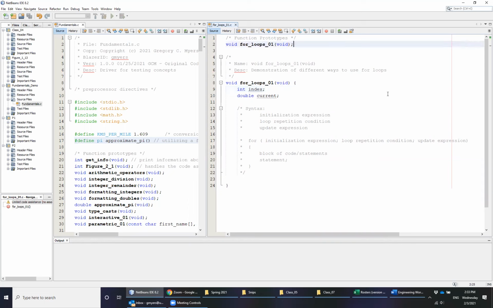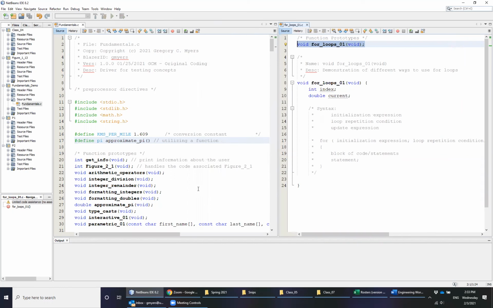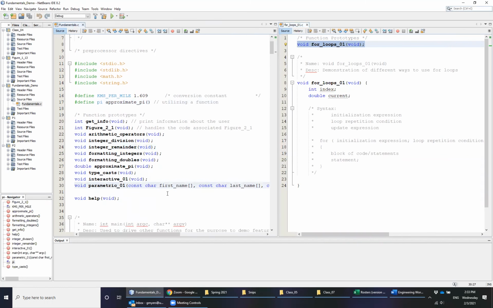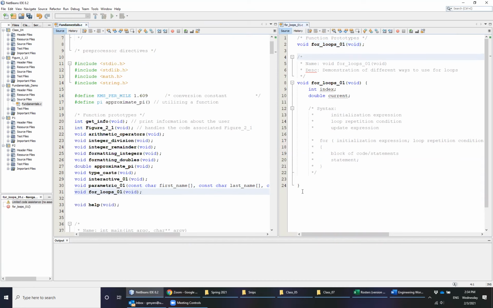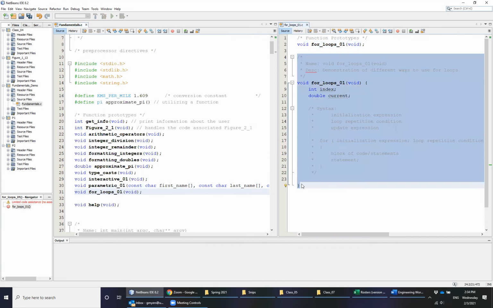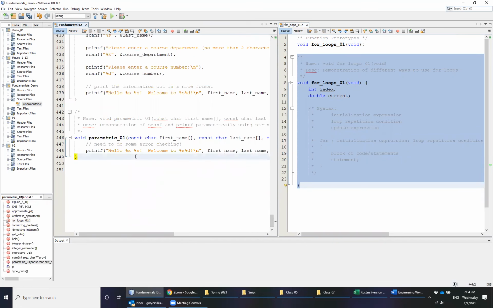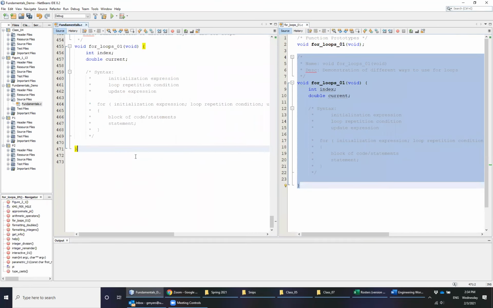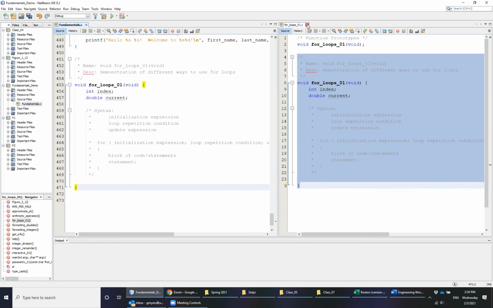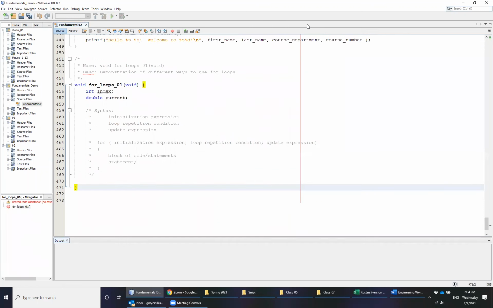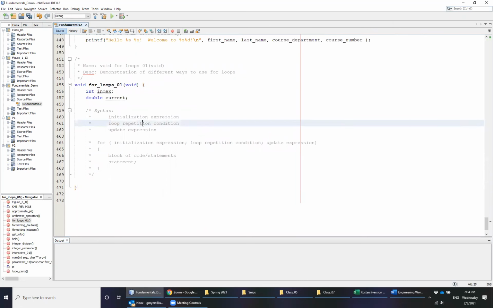The first thing we want to do is copy our function prototype over into the list of function prototypes. And then we want to copy this template here, including the comments, and append that somewhere toward the end of your fundamentals.c file. At this point, we no longer need the snips file, and we're going to focus just on implementing this particular